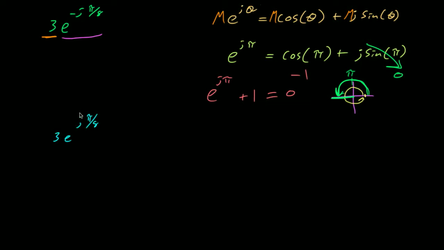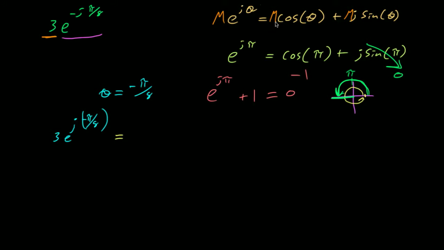Instead of minus j pi over 8, I'm going to write that as e raised to the j negative pi over 8. So our theta in this example is negative pi over 8. Because keep in mind here, theta is positive. We have a positive theta here. So if I have a negative number here, I want to factor that negative sign into my theta. That negative sign is part of the theta. It's not part of the j here. So that is going to be equal to, if I have 3e to the j minus pi over 8,